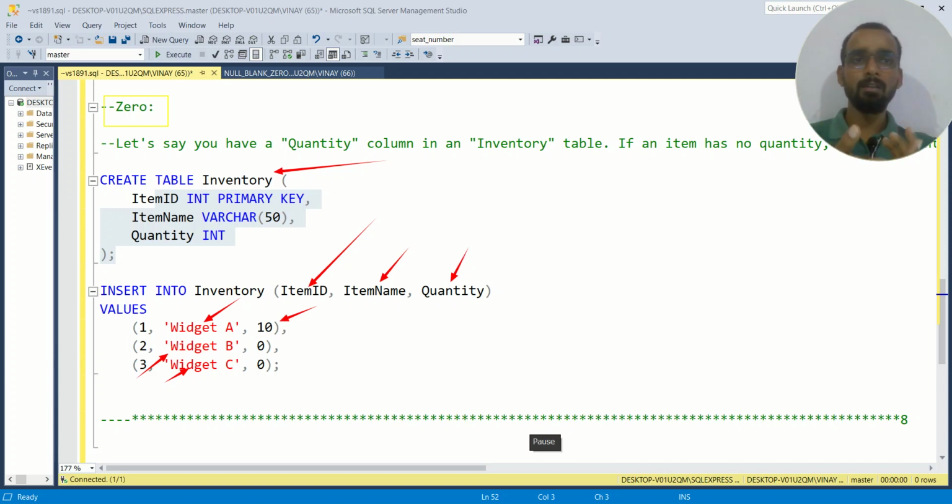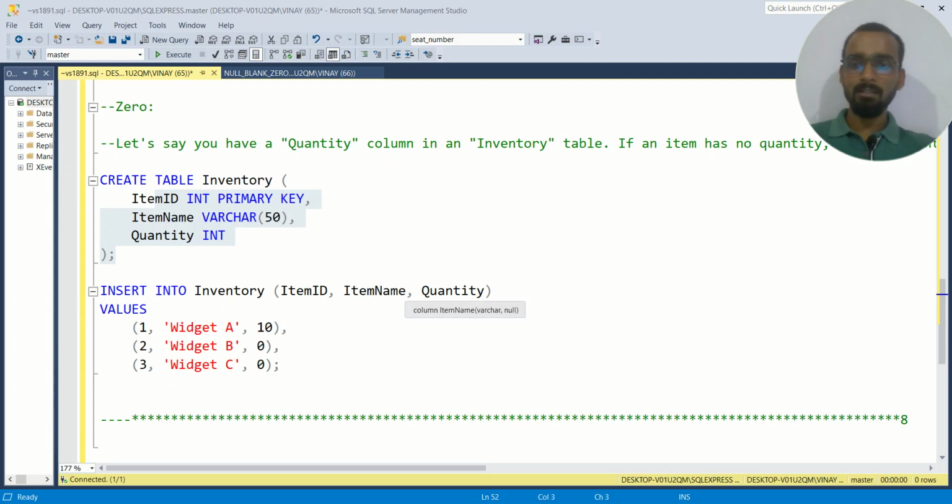If I'm not ordering anything, it can't be blank, because if I'm ordering, there will be an order quantity, otherwise it could be 0. Simple. So in this table we are providing 0 because it is a numeric value. Getting my point till now?